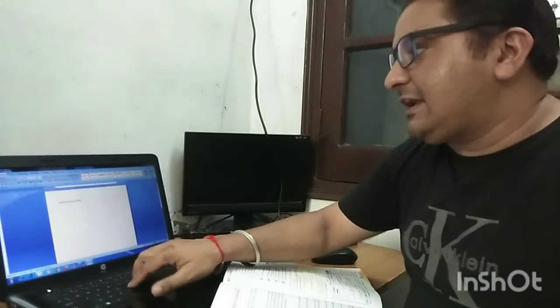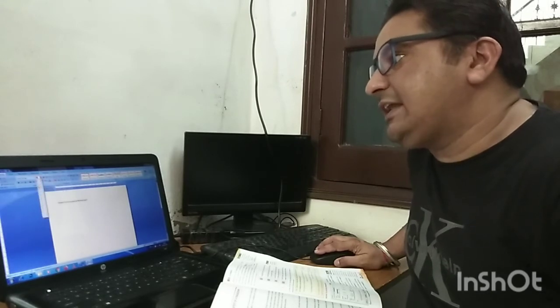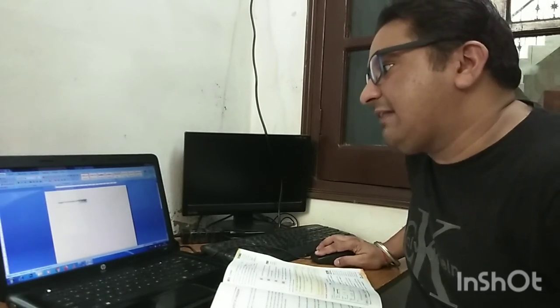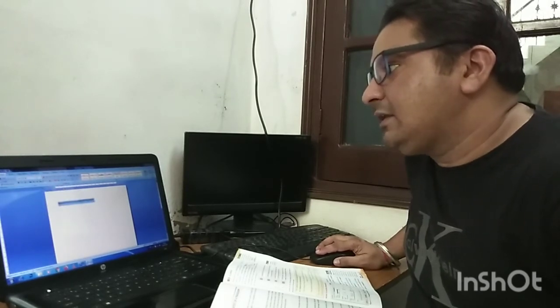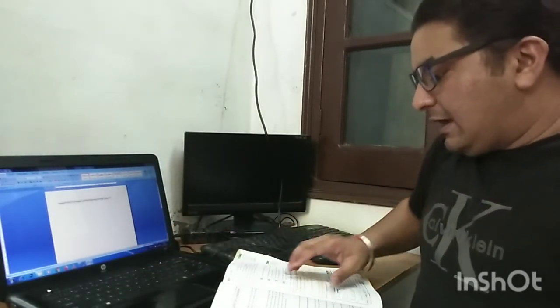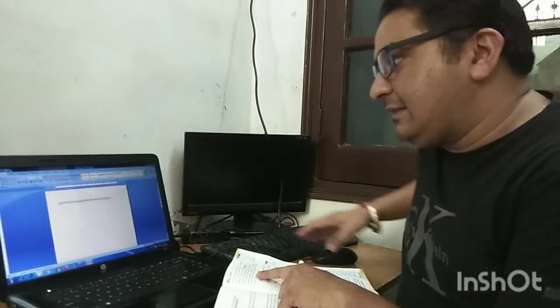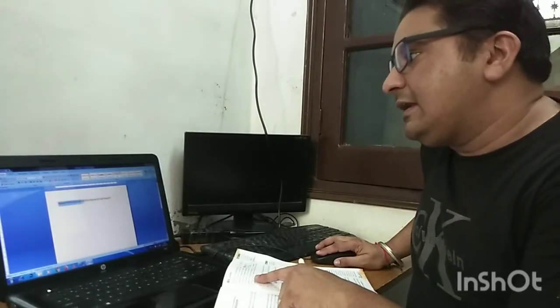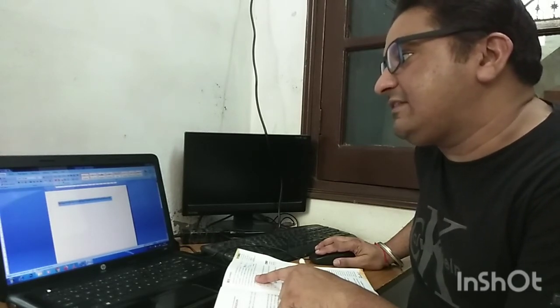Whenever we are typing a paragraph, we can increase or decrease the font size. Like this is 11, we can choose 14 or 16, whatever font size you want. You can click on the paragraph and start writing. Then comes the alignment. Now I have typed this text. The second thing is alignment. We can move the text to the center, left alignment, right alignment, and justify.